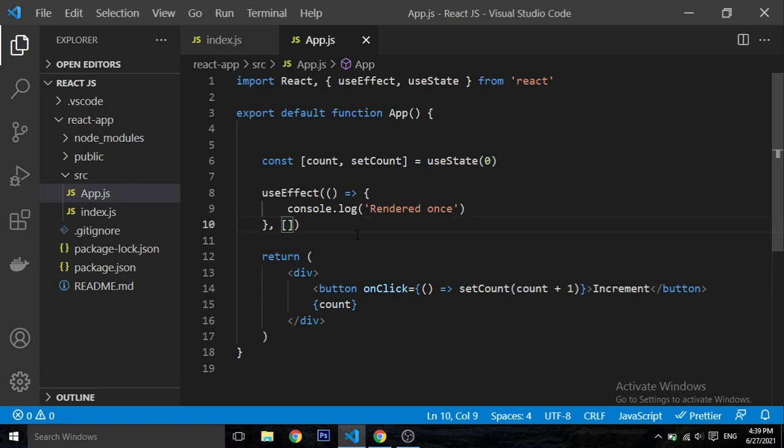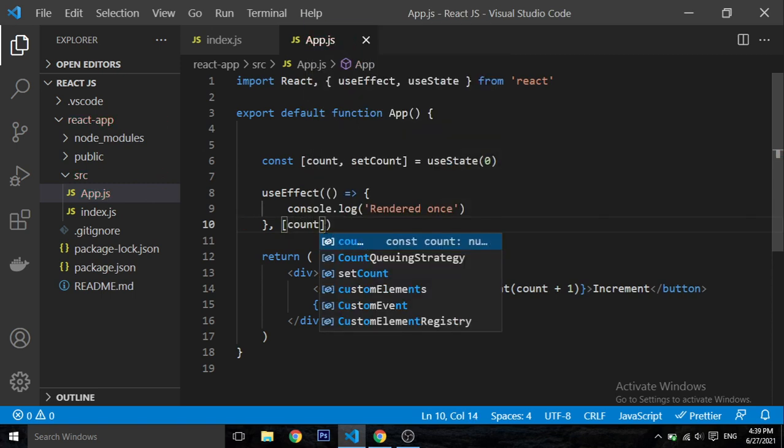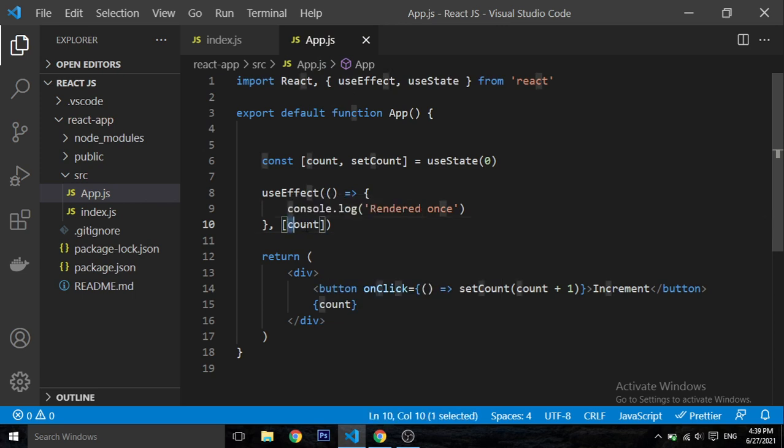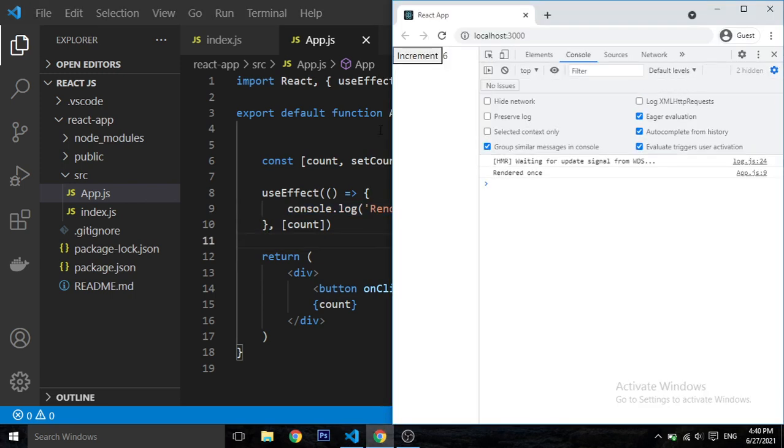To be more clear about what dependencies are, if I type count, that means every time this count state changes, which happens when we click on this button, it updates. So every time this changes, this will be run. Let's give you an example.